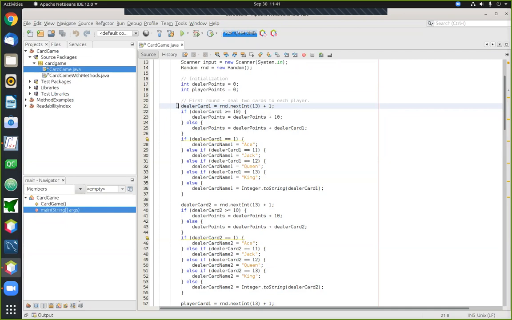Okay, so if we're going to replace this code with some methods, the first thing we need to do is take a closer look at what the code is actually doing, because this chunk of code is actually doing several tasks. And for each of the tasks it's performing, we may need to write a separate method. Okay, so here's the first thing going on.